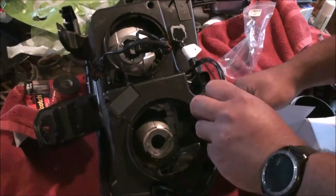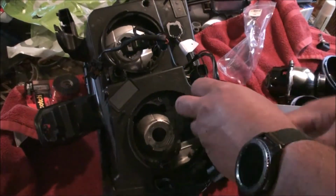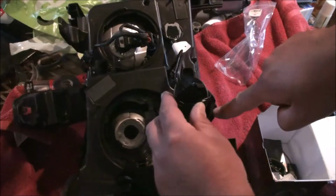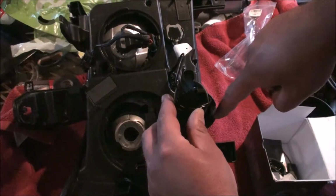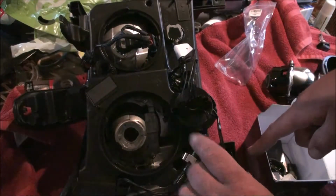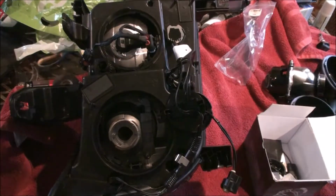And all I'm going to do is notch out the thing here. So I'm just going to take my Dremel real quick and just cut a little groove to the outside so that the wires can come out, make the connection, stick the plug back in, and what I'm actually going to do is I'm going to take my,